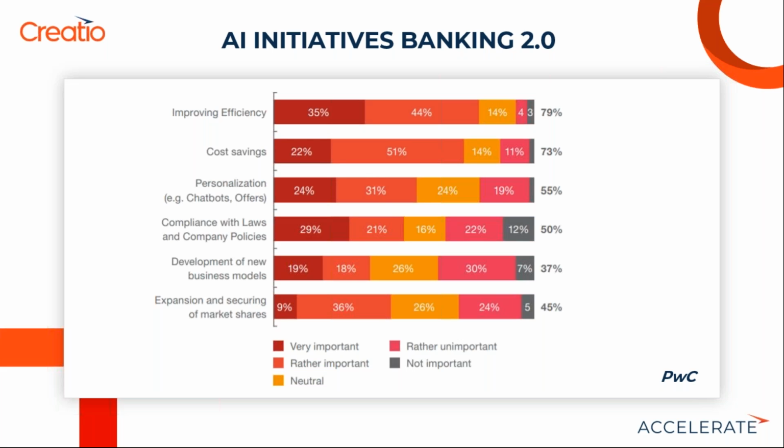So the easiest one is obviously reducing cost, because going after and getting net new businesses can be quite expensive. So improving efficiency is naturally the first thing that comes to the mind of any CEO or CFO or CIO when it comes to where AI can be used. So operational efficiency, getting rid of manual tasks. We are hearing about RPAs, right? UiPath and Automation Anywhere, and so on and so forth. Improving operational efficiencies by the magic of low-code business processes from the likes of Creatio, or using RPA technologies to automate things as much as possible, is obviously the number one thing that these executives are focused on.